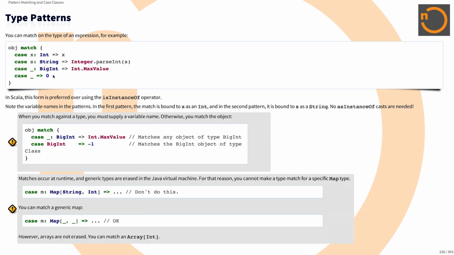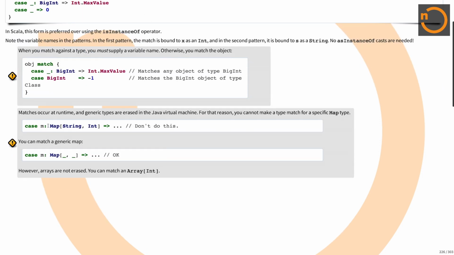This is really, really useful, and it's a heck of a lot more readable than a bunch of cascaded ifs where you say, hey, if obj is instance of this, else if obj is instance of string. This way, you've got a nice little table that decomposes it. Now, the one thing you can't do